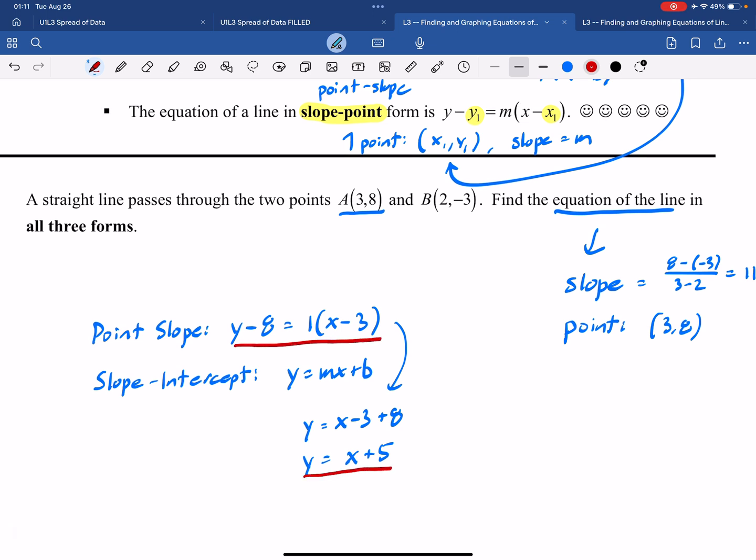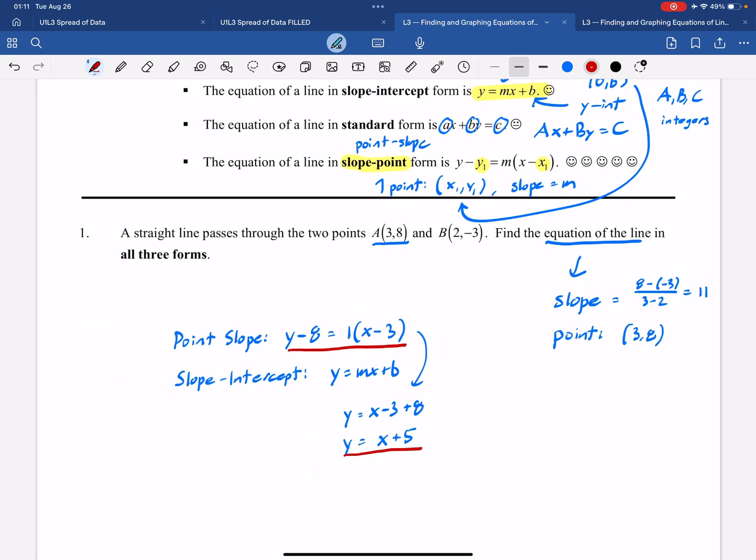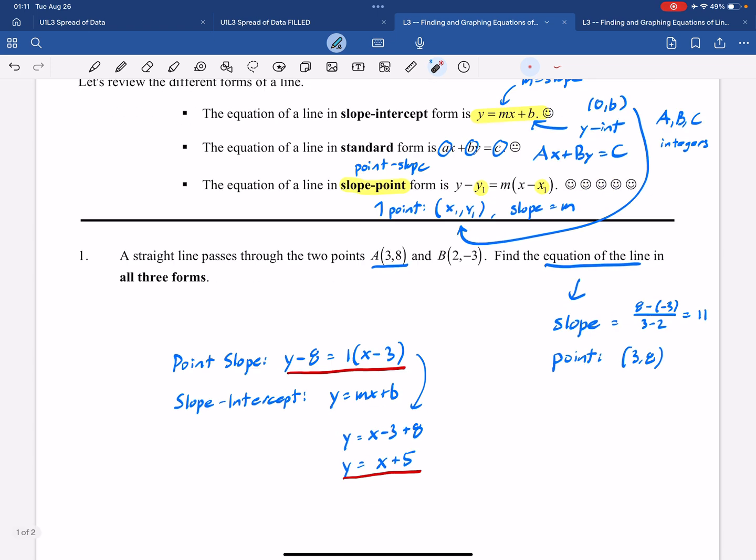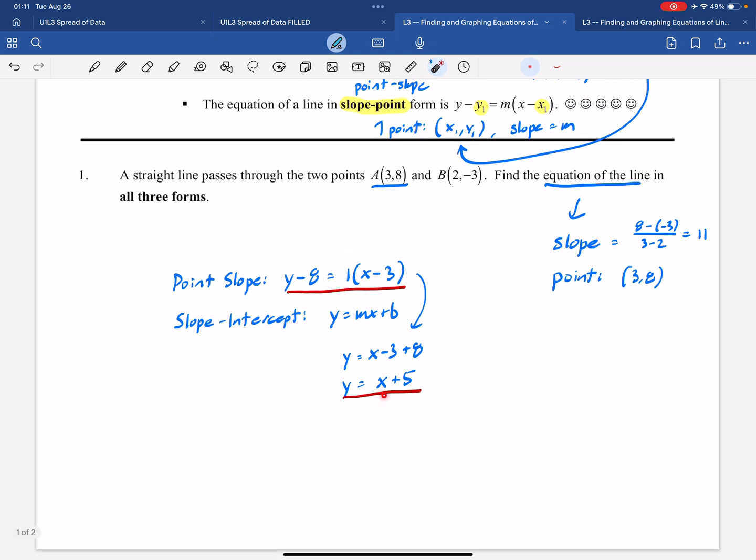So there are our first two forms. And then if we want to put it in standard form, well, what's standard form? Okay, standard form says, put it like this, put the x term first, put the y term second, and then put the constant by itself on the right side. So basically what I gotta do is move this x over, okay? So the standard form